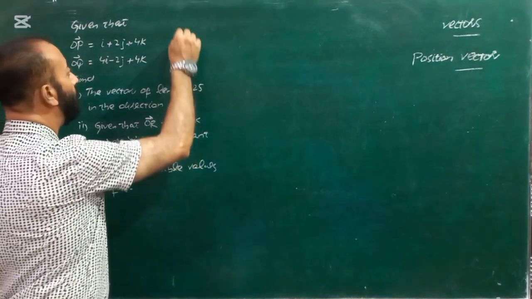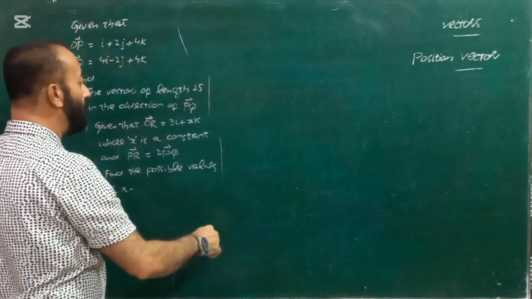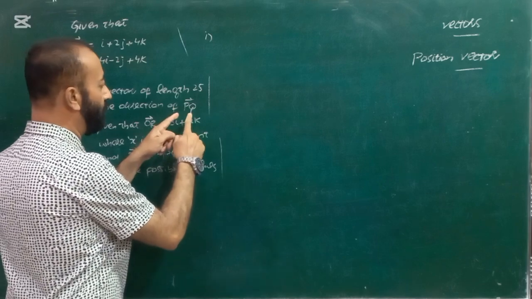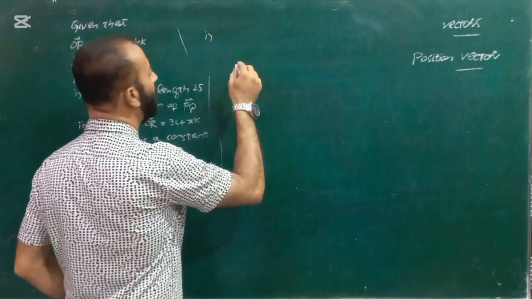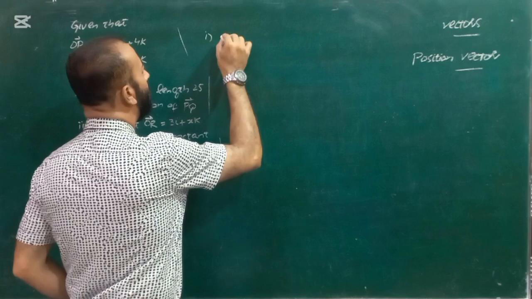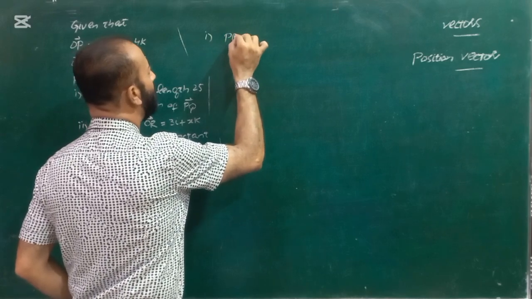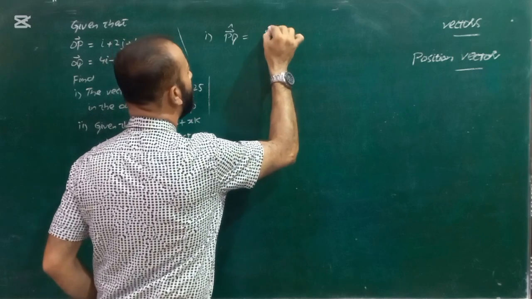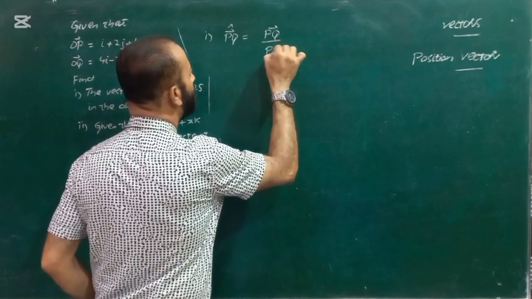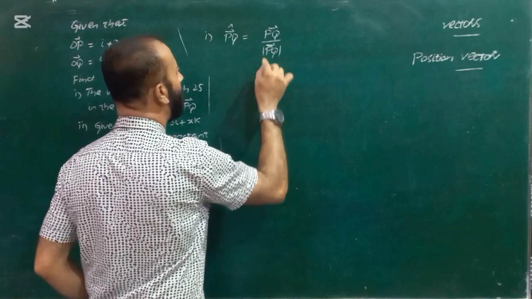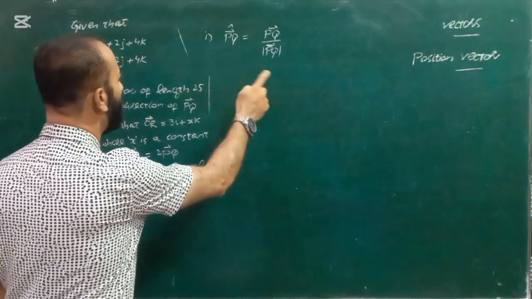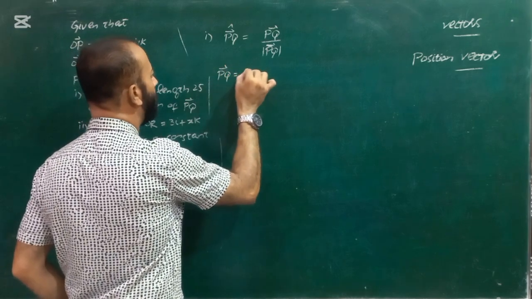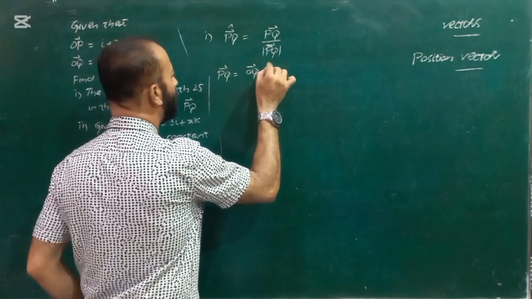So look now. First, we are going to find the unit vector. So the first part is the unit vector of PQ. PQ's unit vector will be equal to the PQ vector over the PQ magnitude. So actually these are the things which are required. So first we will find the vector PQ. So the PQ vector will be equal to OQ minus OP,